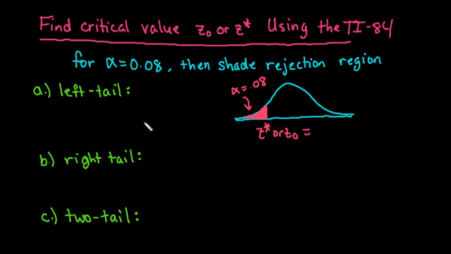So what we are going to do is, if it asks for a left tail, then you are going to use inverse norm, and you are going to use your alpha with the 0 and the 1. The reason we just use alpha is because the calculator is programmed from the left going up. For the right tail, we have to use inverse norm of 1 minus alpha, 0,